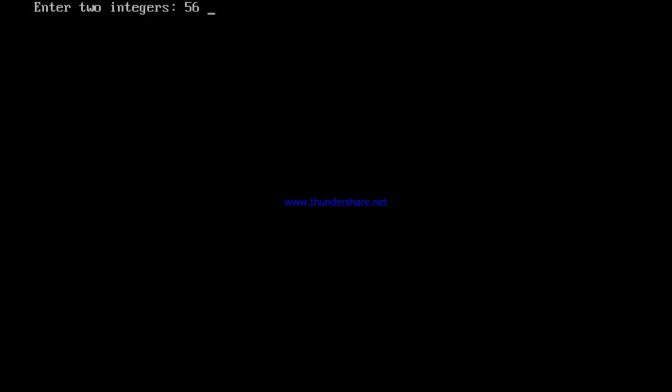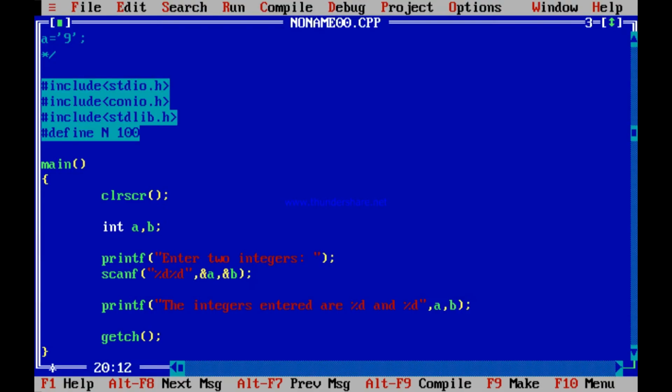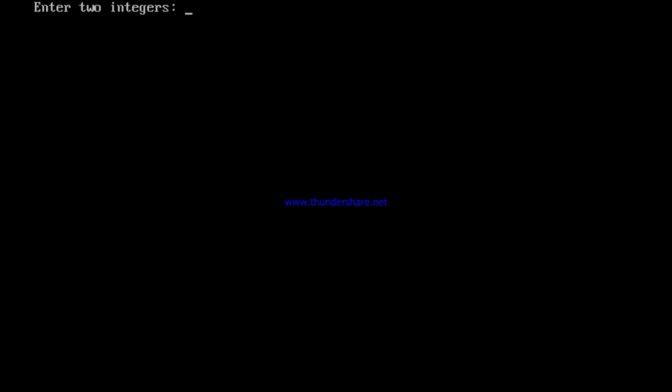If you run this program, then the two integers that you declare may be 56. You give a space and write 143. It will definitely scan 56 and 143 as two different integers and say that the integers entered are 56 and 143. There is a difference though when you use character. I will show you very soon. I run this program once more.